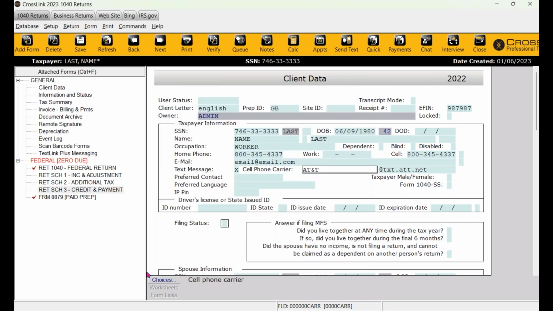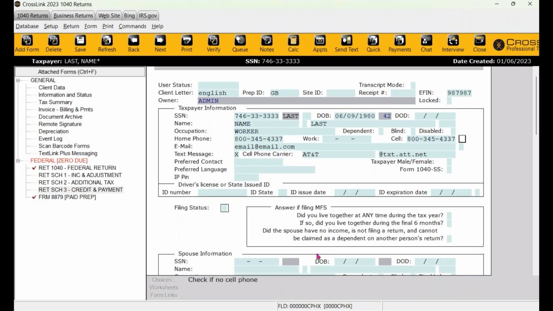Those fields, this bottom section is going to be very useful when you're working with a return, because not only does it tell you what you should be typing in that field, but it also provides these little buttons to the left: choices, worksheets, form links, that may be useful as you're processing the return. We'll take a look at some of these other buttons as we go through this